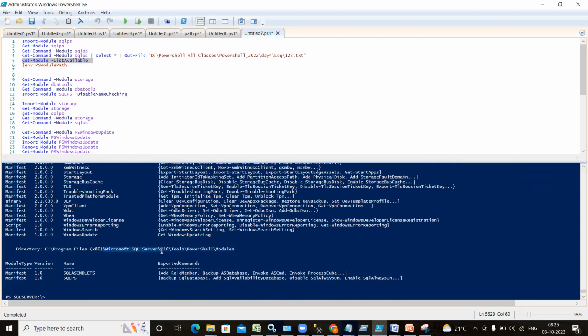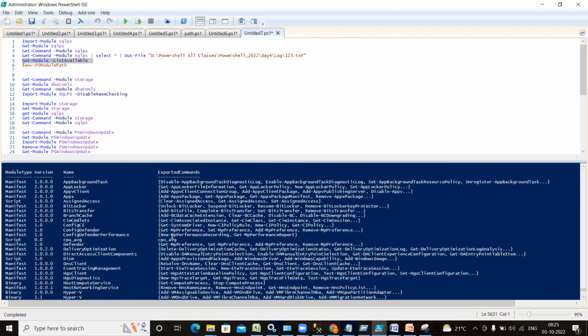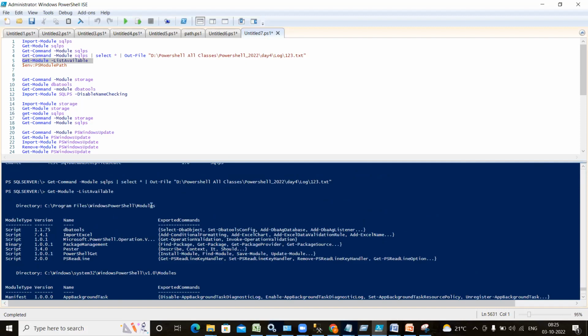So what happens is, once you install SQL Server, that time SQL Server is going to create that path, and inside that path it is going to import all the modules, right? If I go to any location like here, these are the modules I have installed. Once I have to do some work with the DBA tool, that time I have used it. So if I go to this directory, what are you going to see,